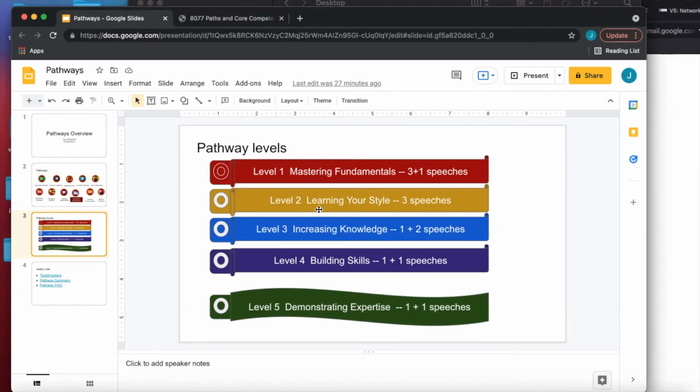Okay, so you can take some speech that belongs to like level 3. You can start with that. It's okay. Because sometimes it's about the timing that matters. So you get an opportunity to run a project, and then you have already, you say this is your second or third pathway, and then you are already comfortable with everything, and then you got an opportunity to run a project, and then you want to talk about it. It's okay. You can do that.